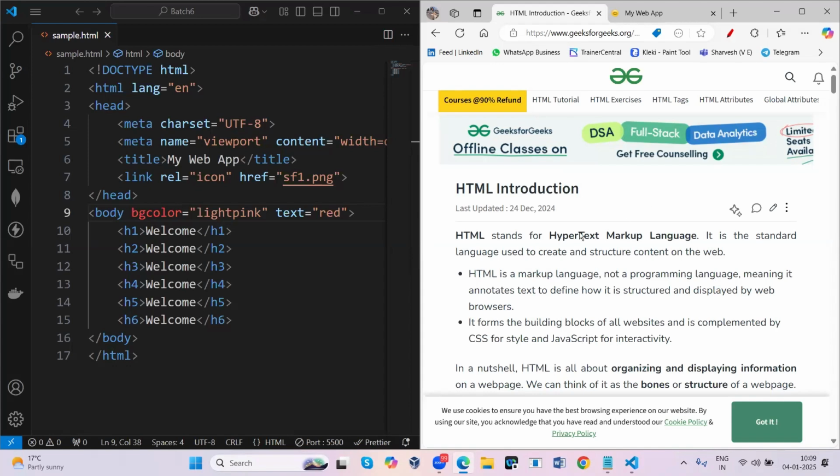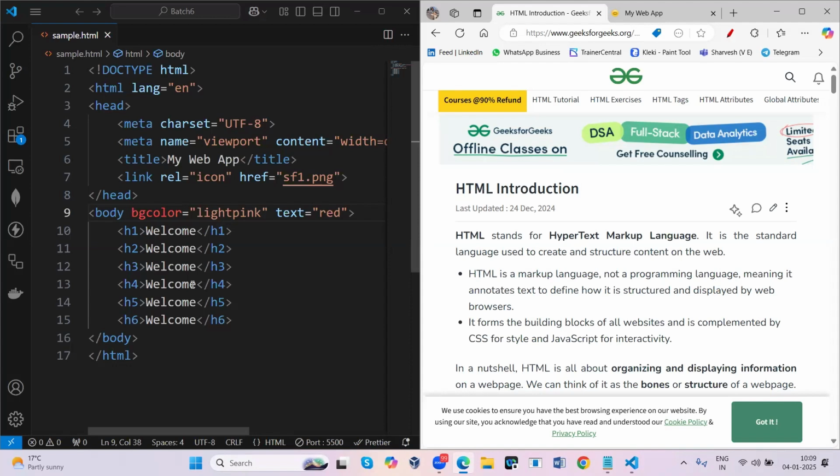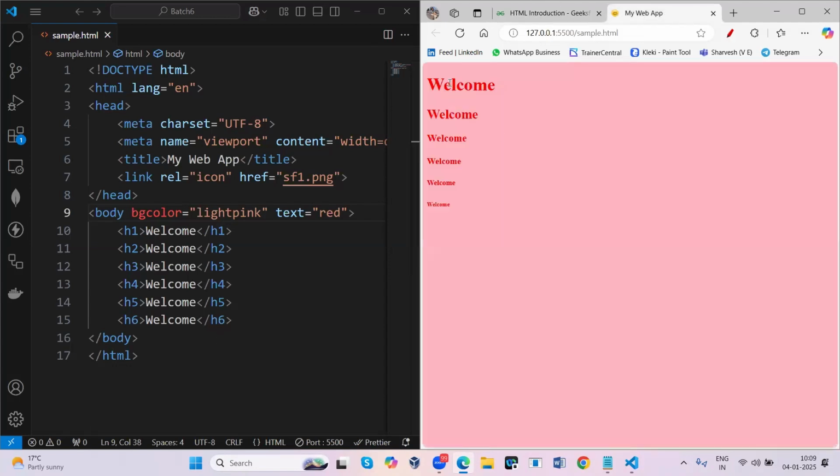First, let's try to develop these kinds of things in our application also. By default, it is going to take this text format. By default, it will be some kind of font style only. You can also give different types of font styles. How to do that: there are different types of properties present in CSS, which will be learned in a later session.